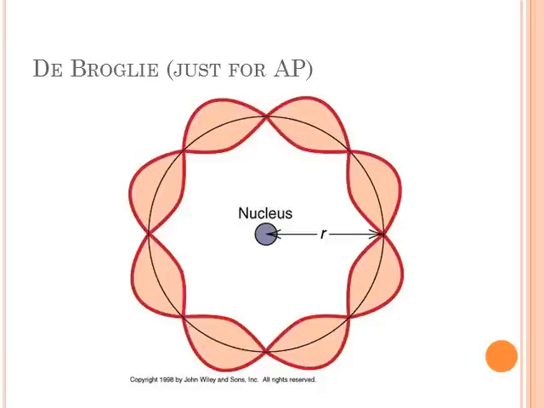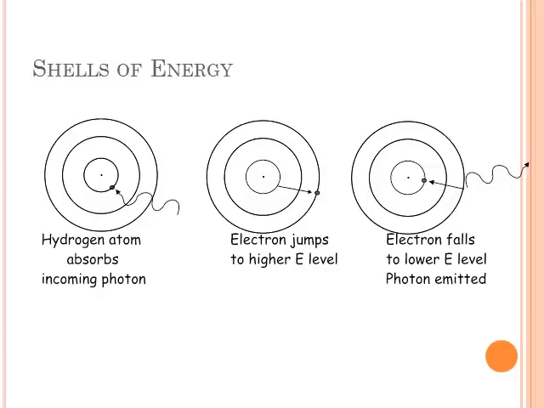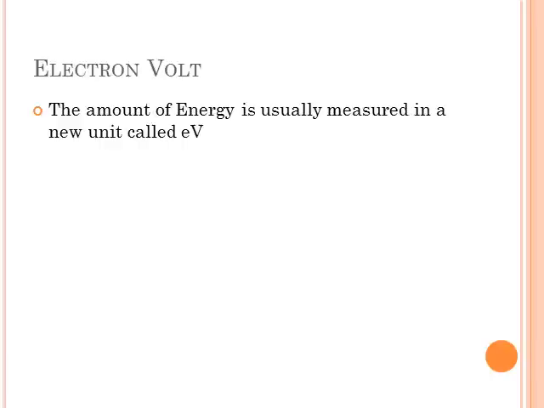As a result of what he said, we got Bohr's model, which is this idea that there are specific energy levels, since there are only certain standing waves that will fit, right? There are only certain energy levels that the electron can have. Okay, so then the last thing we talked about was